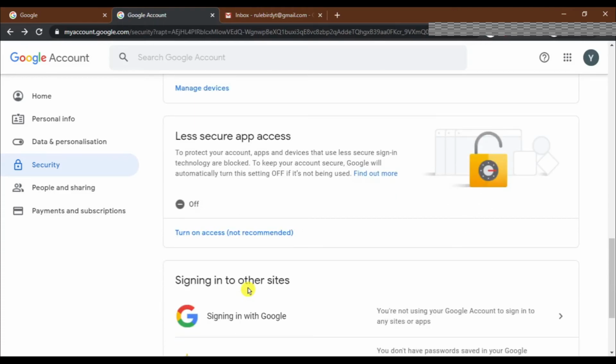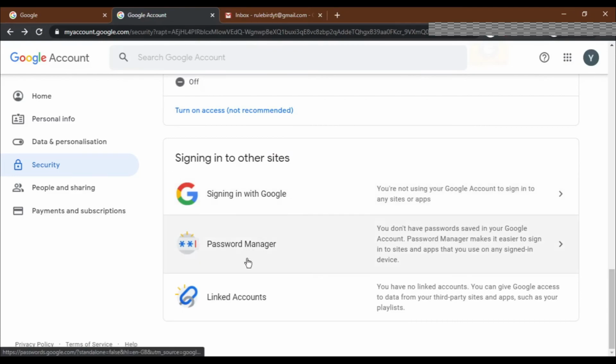Next option is Less Secure App Access. This option is a security overriding feature that allows apps with lower security to access your account. Though it is highly recommended to turn it off, you may have activated this feature for some reason. Say you want to access your account from Microsoft Outlook, then you need to turn this on. So at that point of time, you may have turned this on. Better if you are not using it further, just stop this and always keep it off, so it will be beneficial to you.